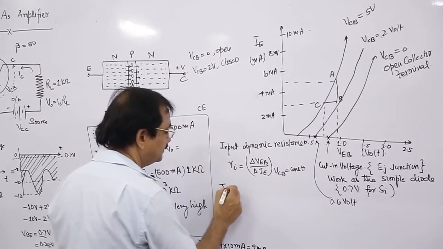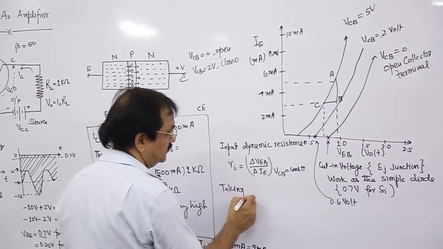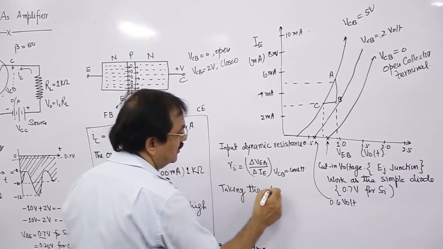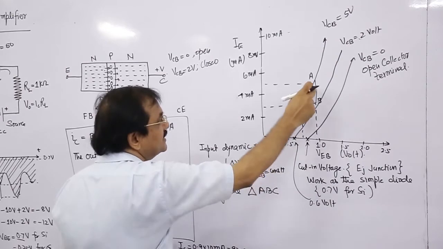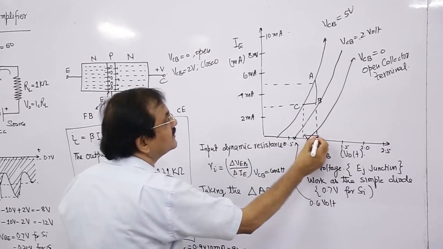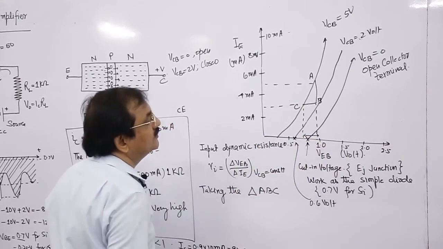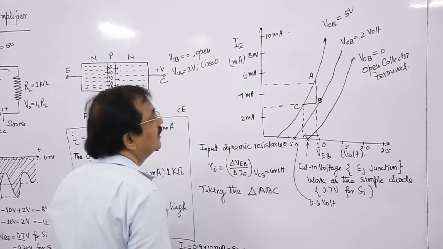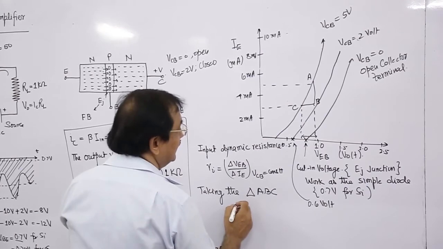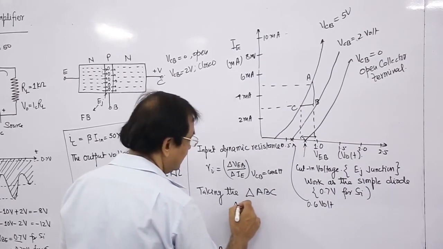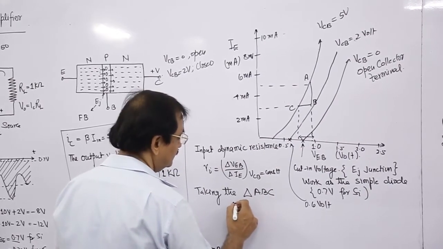So taking the triangle ABC, we need this value. This point, that is delta VEB,